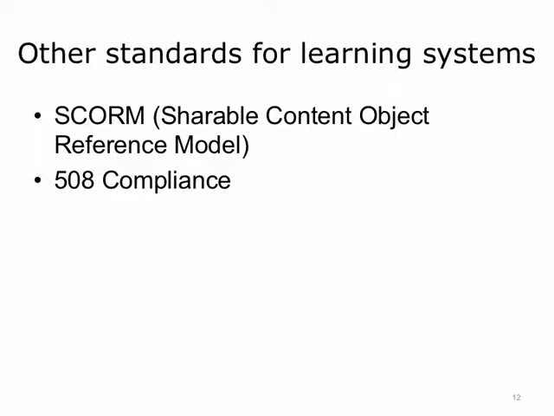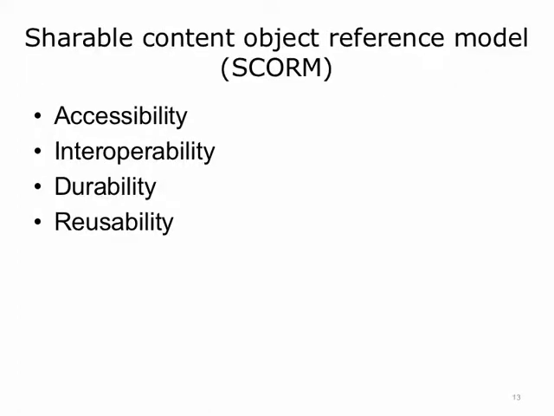In the following slides, we will discuss two commonly used standards in e-learning, SCORM, Sharable Content Object Reference Model, and 508 compliance for accessibility to e-learning content. The Sharable Content Object Reference Model, SCORM, is a technical specification to standardize organization, delivery, and learner tracking for web-based e-learning. There are 4 ability attributes to SCORM: accessibility, the ability to locate and access instructional components from multiple locations